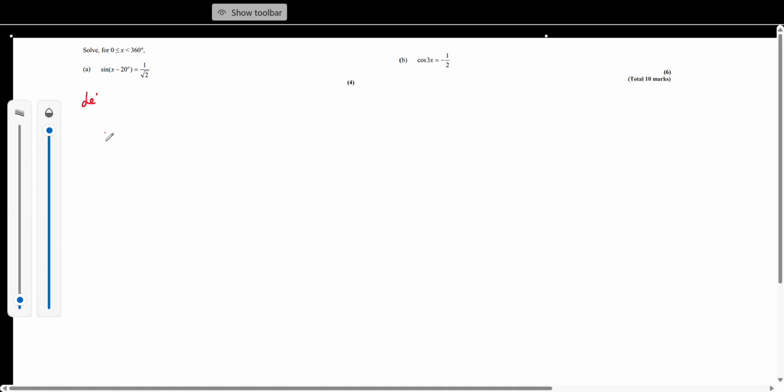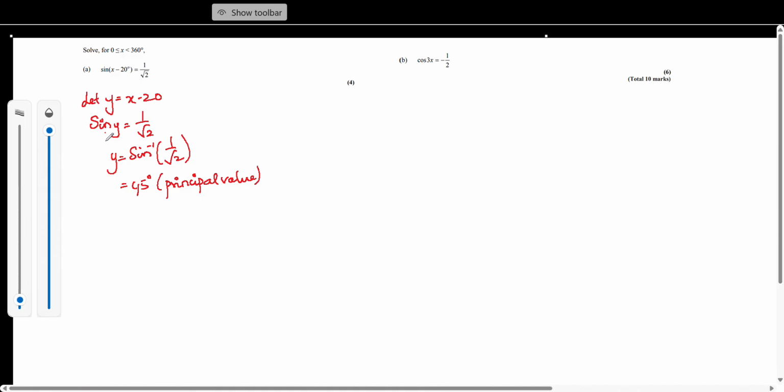So, let y be x − 20, which turns the question into a simple sin y = 1/√2. y is sin inverse of 1/√2. Being a prominent value, y should be 45. What you get here should always be a principal value, which is an acute angle or a first quadrant solution. Now